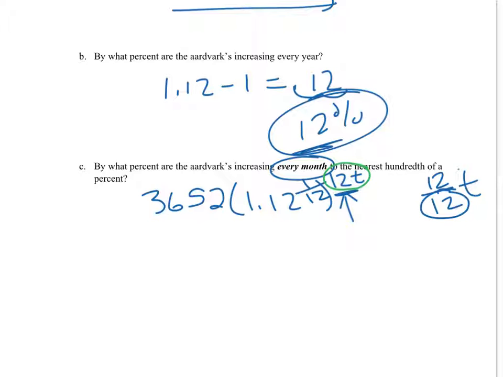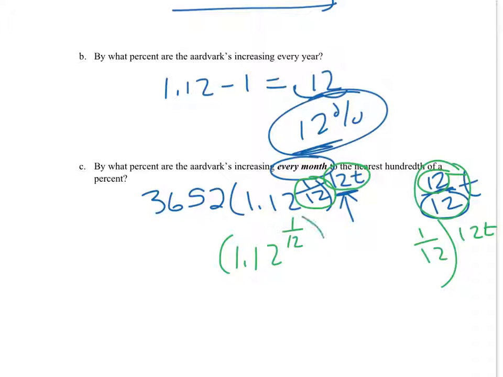So what happened was I kind of broke this up. I left the 12 with the t, and I brought the 1 over 12 and I put it inside the parentheses here. So I wind up getting this. If you want to think about it, on the other side of the paper, we were raising it to the power because I was trying to get the annual percent rate of change. Now I'm trying to get a smaller percent rate of change, so I'm doing more of a dividing, if you want to think of it that way. So when I do this, I get,